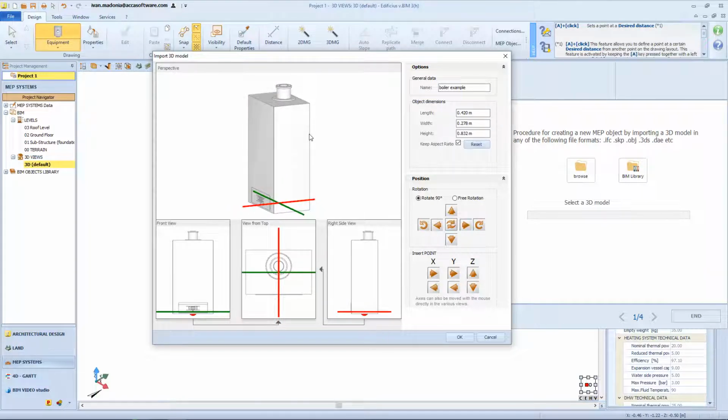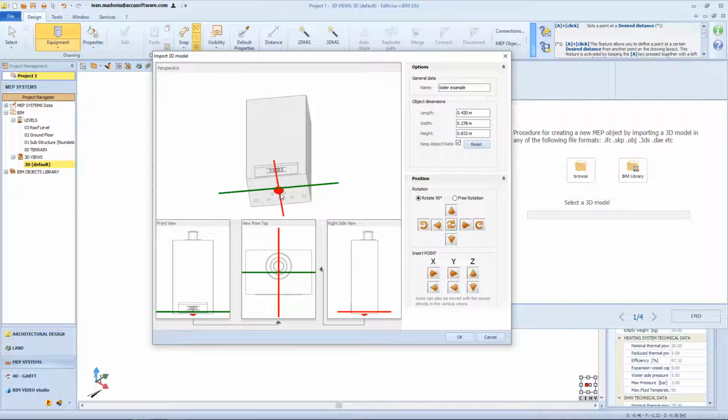Here you will be able to have a complete view of the object you are importing. An object perspective view is available, which can be orbited with the right mouse button and accompanied by 2 orthogonal lines, a green one to identify the y-axis and a red one for the x-axis. A red sphere identifies the intersection between these 2 axes and will correspond with the insertion point of the object